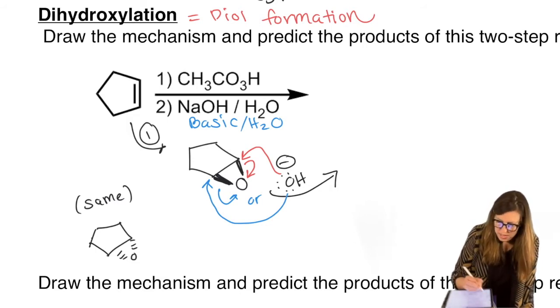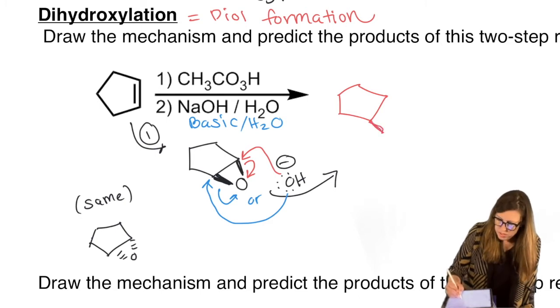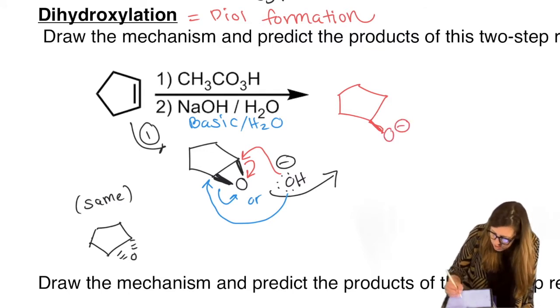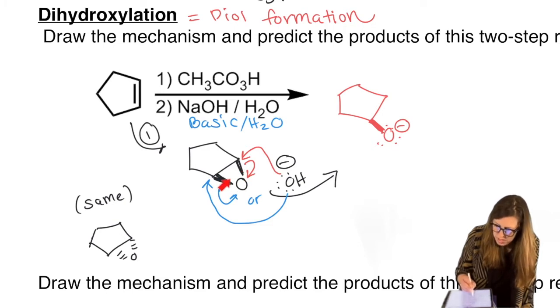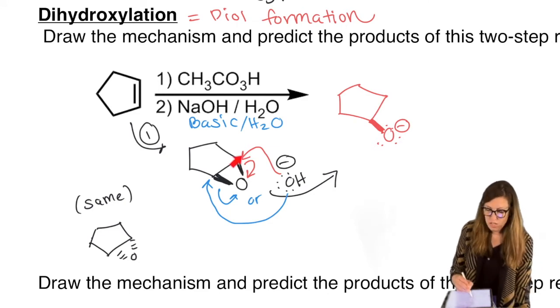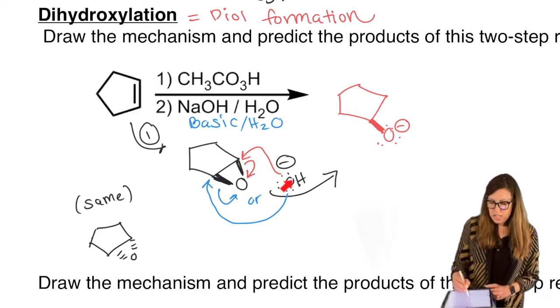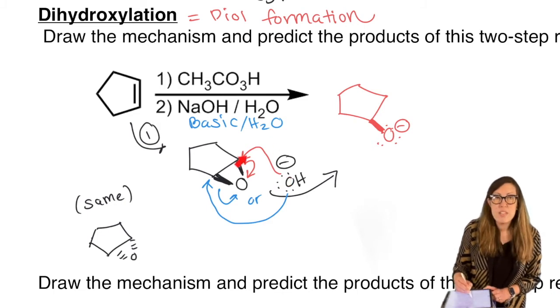So if I do the red path, I'll write out the product here in red. Notice this carbon was unchanged. It gets to keep the O minus. So it gets to keep the oxygen that was originally there. See that? Open, so that one keeps it. The new OH ends up on that carbon. That's where it attacked. But because the wedge position was occupied, the hydroxide has to come in from a dashed position. So the new OH is dashed.